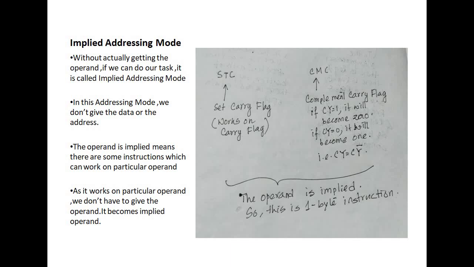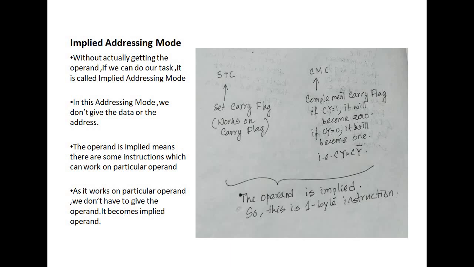So what have we done today? Let us take a quick recap. First, we learned about immediate addressing mode. The data was directly given in the instruction. Then we studied register addressing mode, where the data was given in the register. Then we did direct addressing mode, used when you want to access memory. In direct addressing mode, the memory location where the data was stored was given in the instruction.